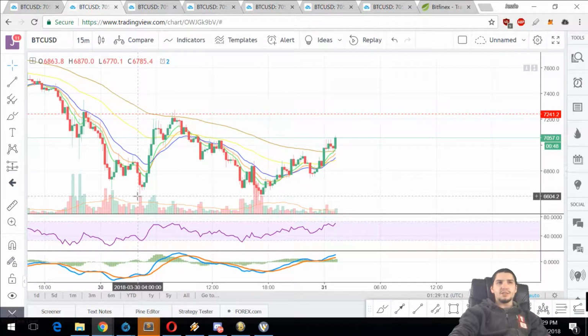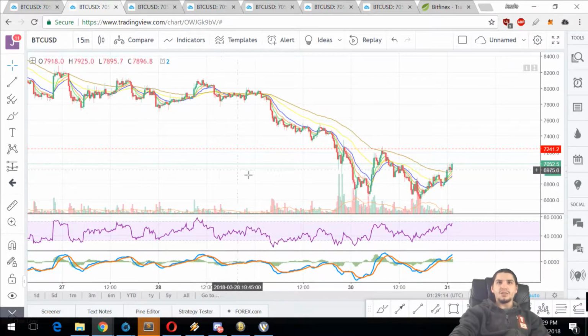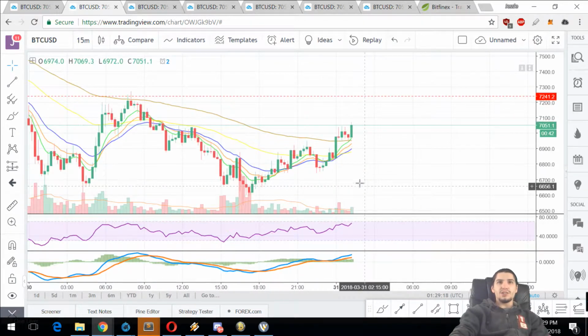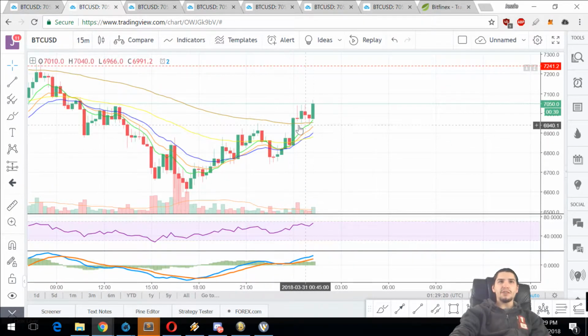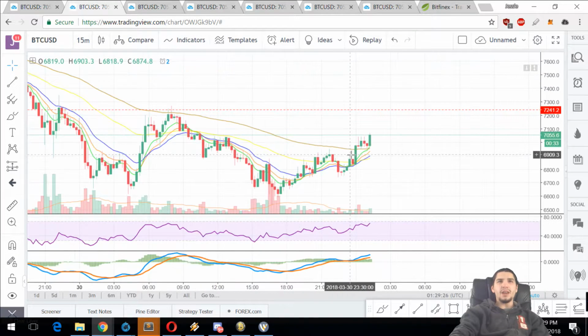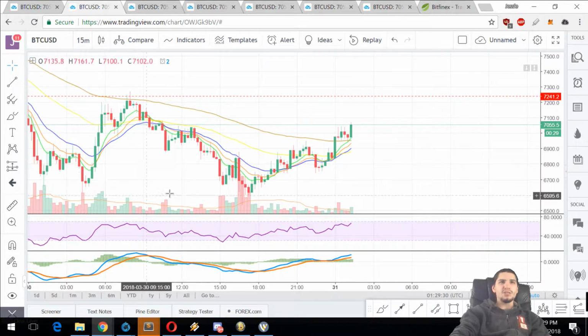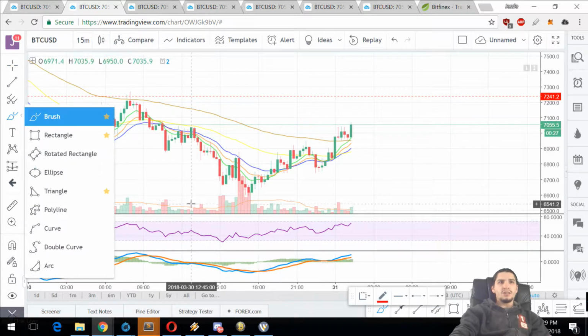So it could constitute a double bottom, and it also could not. I guess there's some other bullish indicators on this chart as well, because we have our moving average cluster moving above our 55 EMA, as well as the 80 EMA moving over the 100 EMA. So, I mean, there's some movement there, but one of my main concerns is